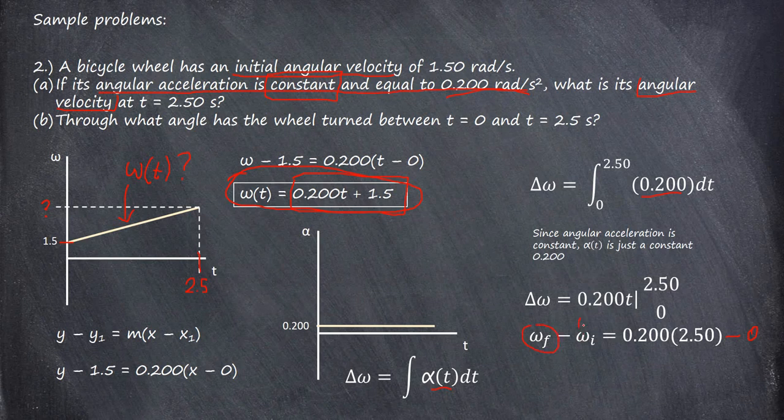And we know omega i is 1.5. We transfer that to the right side of the equation here, and when we finally are left with just numbers, we can now solve for omega f. It's 2 radians per second. Okay,